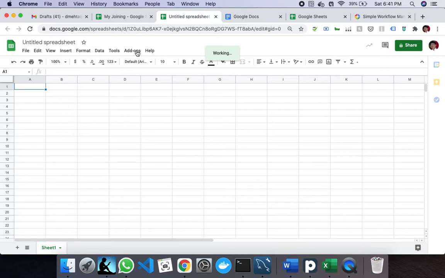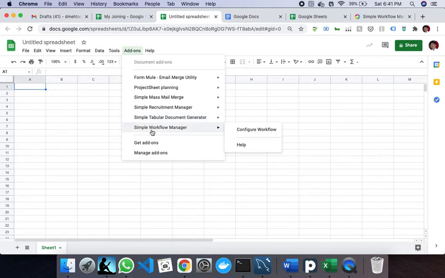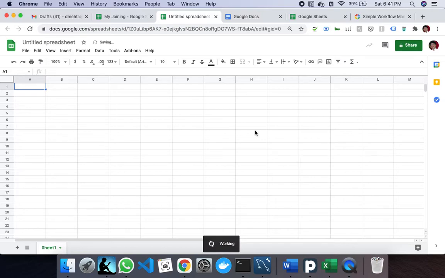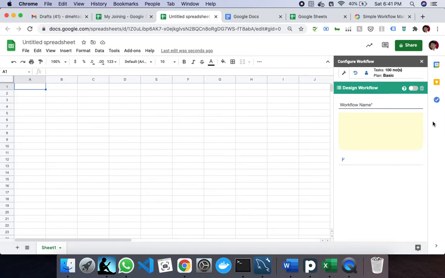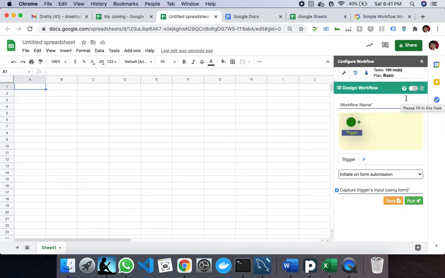I will show you that once it completely loads. So it is loaded now. So you can see Simple Workflow Manager here. And once I click on Configure Workflow, it will open a tab where you can configure or create your workflows.